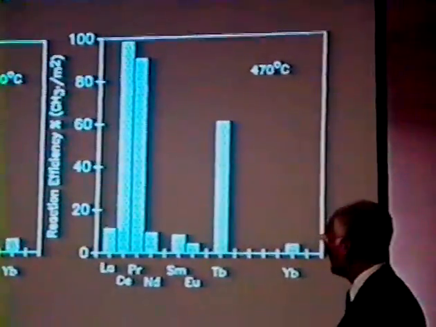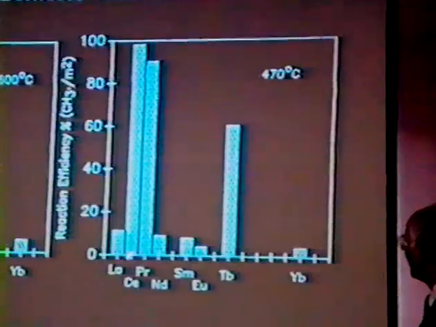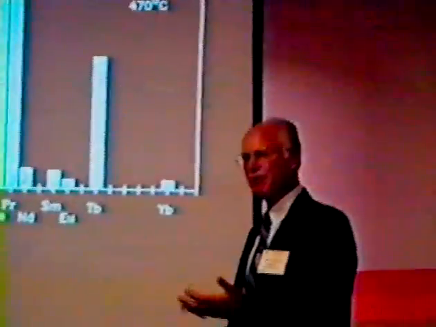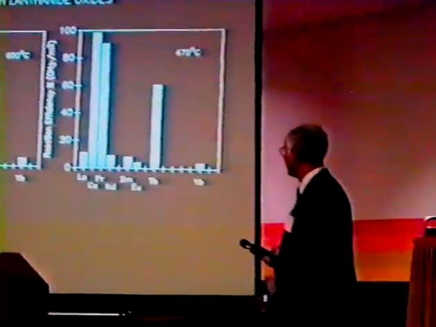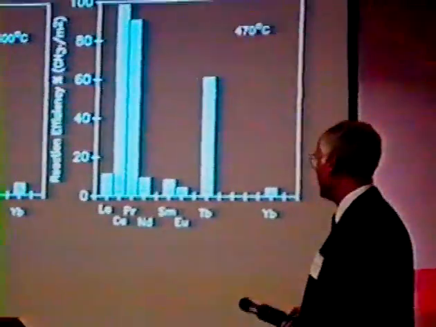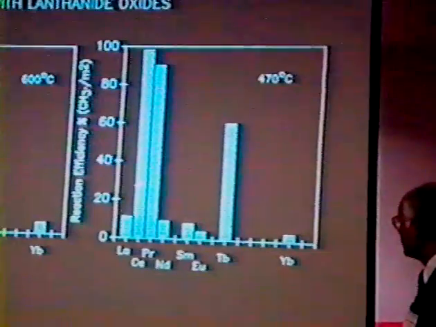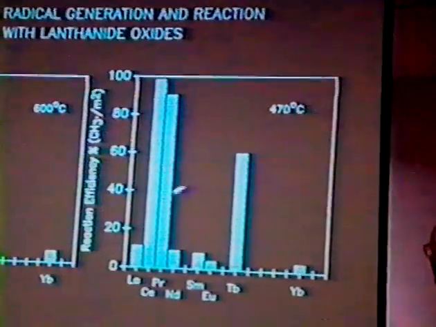It's because certain of the oxides are also very good radical scavengers. For example, essentially 100% of the radicals that are formed elsewhere and impinge upon cerium oxide react ultimately to form carbon dioxide. So there's no real net production of methyl radicals on cerium oxide. The same appears to be true for all of these oxides which have variable oxidation states, meaning the cerium, praseodymium, and terbium oxides all have multiple oxidation states, which we believe to be involved in the reaction with the methyl radicals.